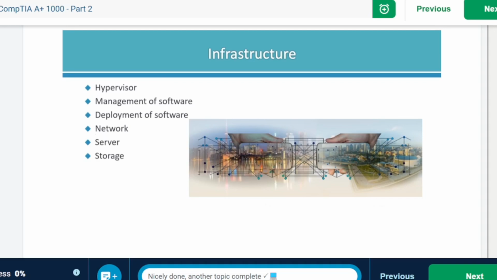The cloud computing infrastructure is built based on the network architecture and includes things like the network, management software, storage, your servers, and platform virtualization. You have a virtual machine manager called a hypervisor, which allows sharing a single instance of a cloud resource between several users. Within the infrastructure, you have management of software and deployment of the software. Management of software maintains and configures the infrastructure. The deployment of the software integrates applications on the cloud.